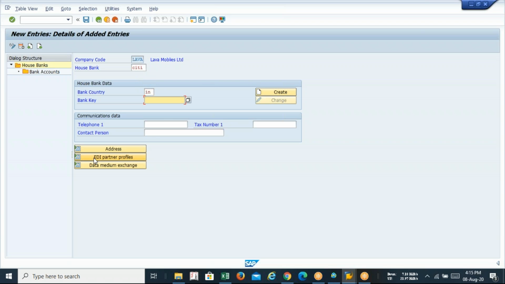And you guys have asked me, sir, what will be the usage of the bank key? So I told you it is nothing but the bank identification number in our system. That's why we use the bank key. But here you can use your bank IFS code or bank MICR number as a bank identification number.